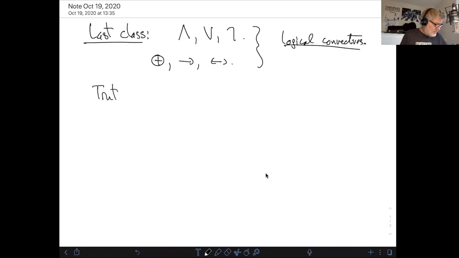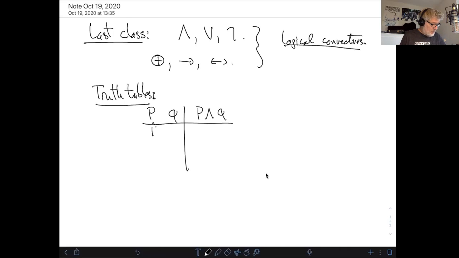So for instance, if we look at the and, we have two Boolean variables, P and Q. The possible truth values for P and Q are true-true, true-false, false-true, false-false. And so the value of the and, that's how we define this connective, is true precisely when both P and Q are true. Otherwise, the value